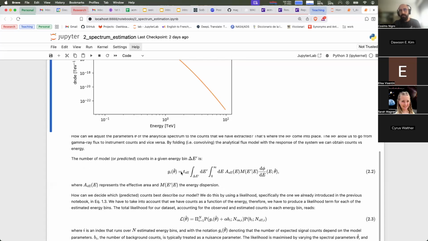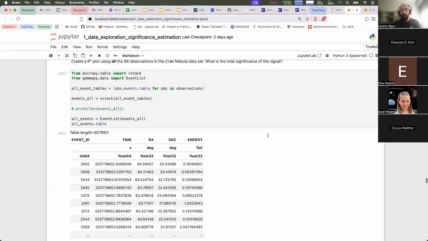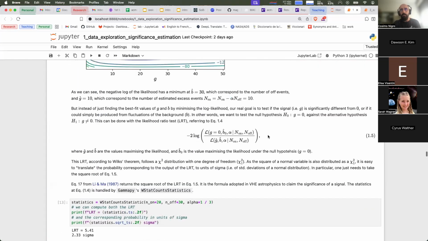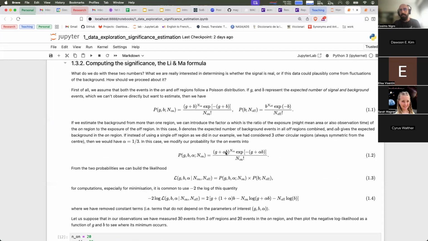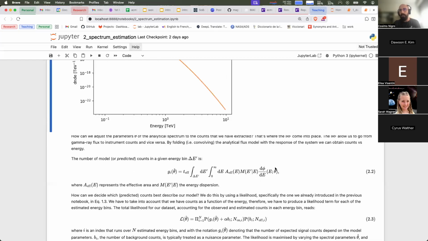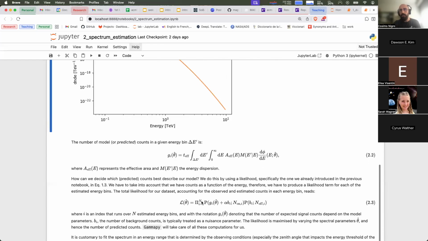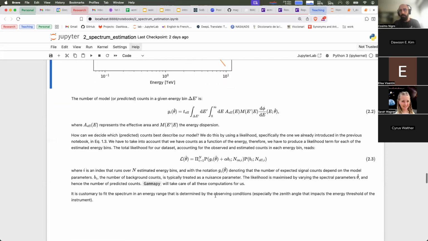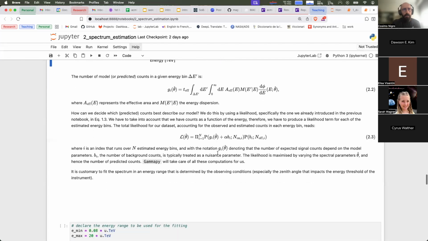This estimated number of counts, if you remember, when we defined the likelihood, we have some average, expected number of signal and background counts. Through the folding, we can get basically this number, the expected number of signal counts, okay? So I make an assumption of the spectrum, and I get an estimated number of expected counts, okay? And then I plug them in my likelihood formula. And B is treated as a nuisance parameter. We will not enter into the details, but let's say B is optimized in a slightly different way. Okay, so